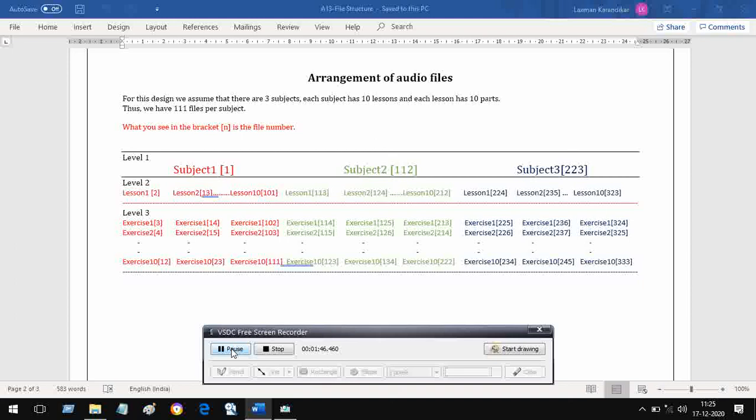Then when we come to level 3, we have, let us say, subject 1, lesson 1, exercise 1, 2, 3, 4 up to 10. You get it? So how I have numbered these files, you can see for subject 1, the first file is the title of the subject, for example, subject Hindi.